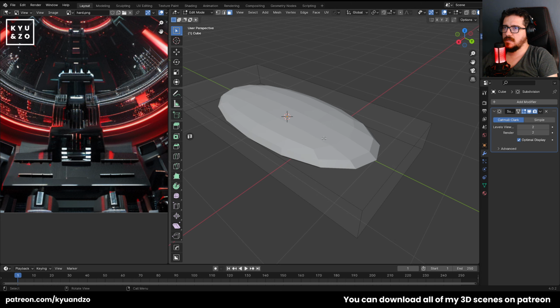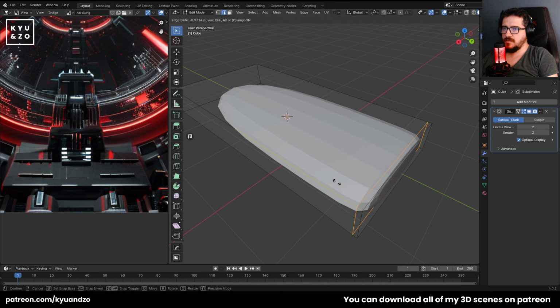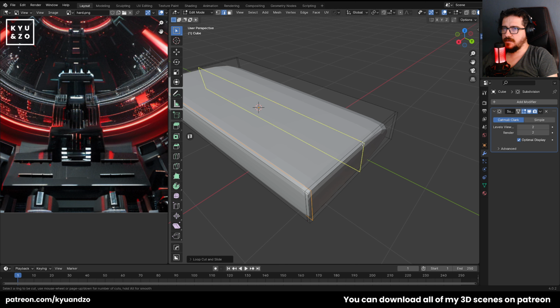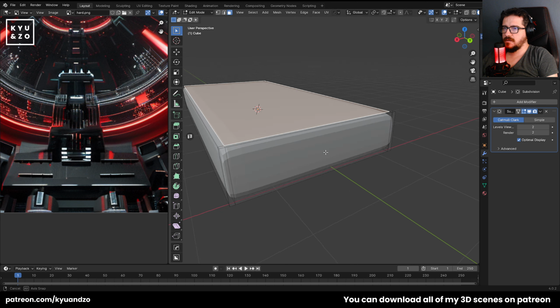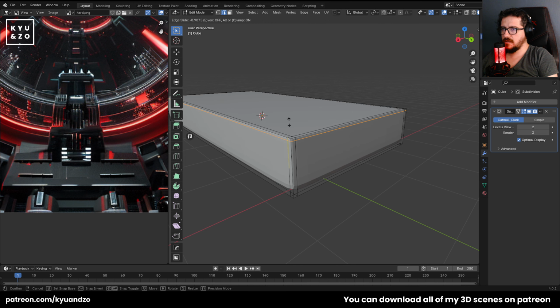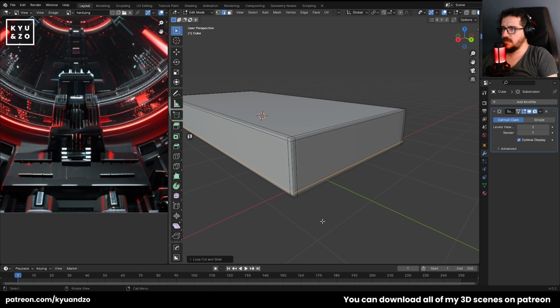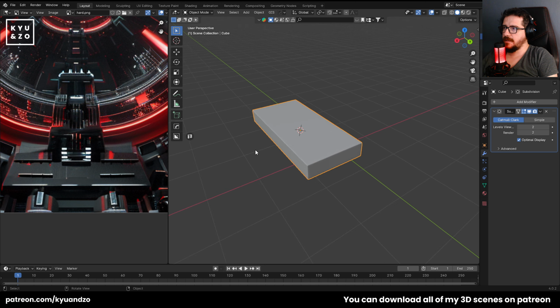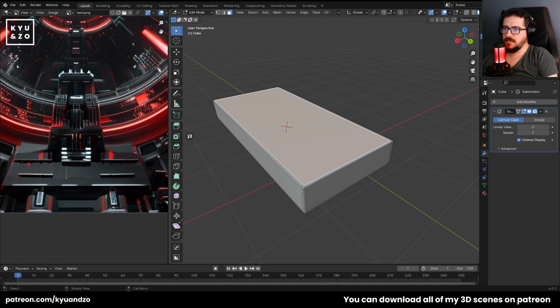With Control R, loop cut here, one here and one here and here and here. Is it enough? Of course not. Just here, just here. Push, push, push. Yeah. Why did I do it? Because